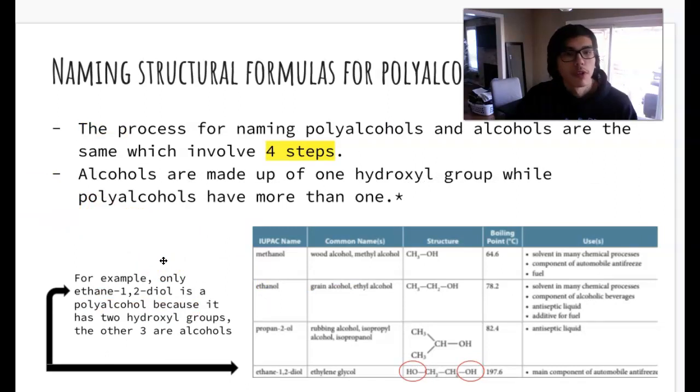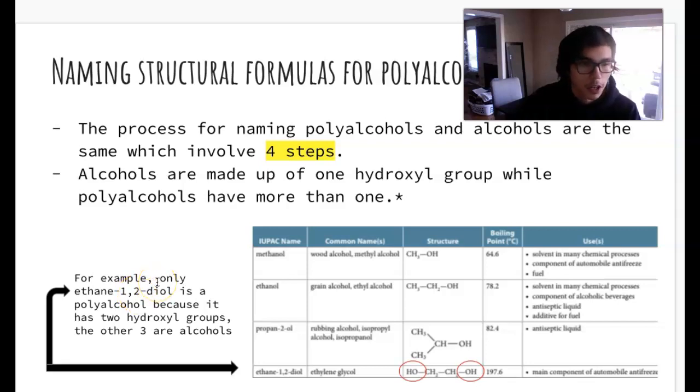Naming structural formulas for polyalcohols and alcohols. So the process for naming polyalcohols and alcohols is the same, which involves 4 steps. An important thing to remember is that alcohols are made up of one hydroxyl group, while polyalcohols have more than one. For example, out of the common alcohols that were given, only